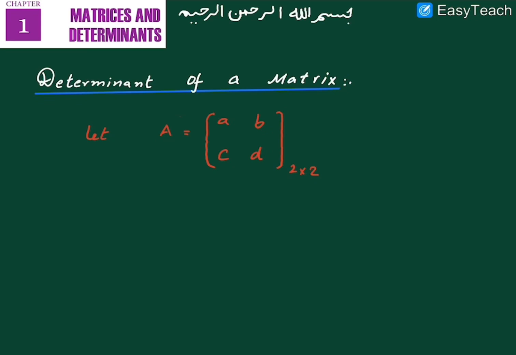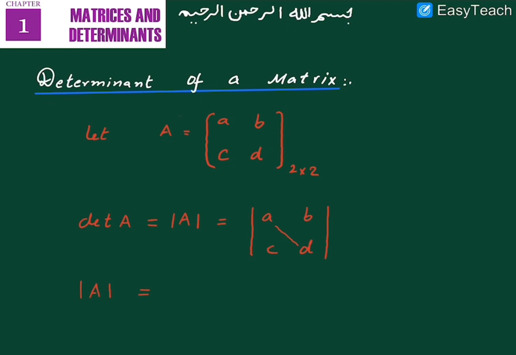Then the determinant of A is denoted by det A, or |A|, which is equal to |a b; c d|. This is how to represent the determinant, but how to define a determinant is that it will be equal to